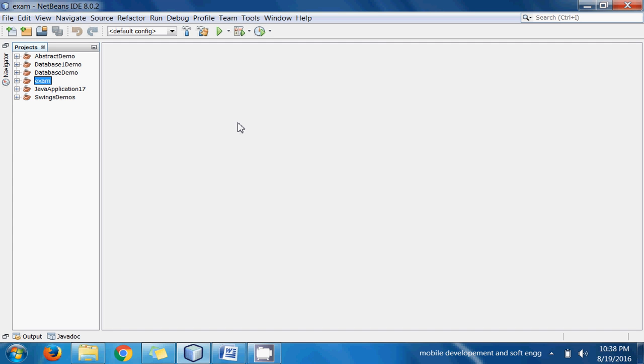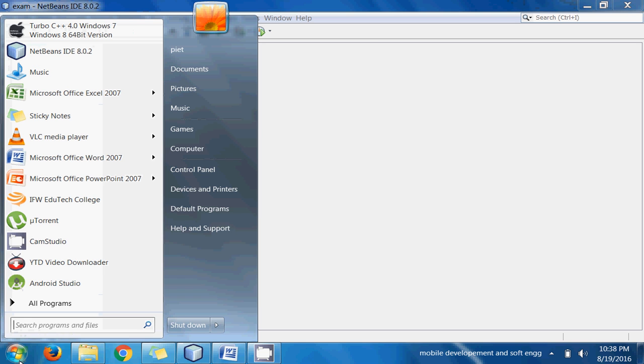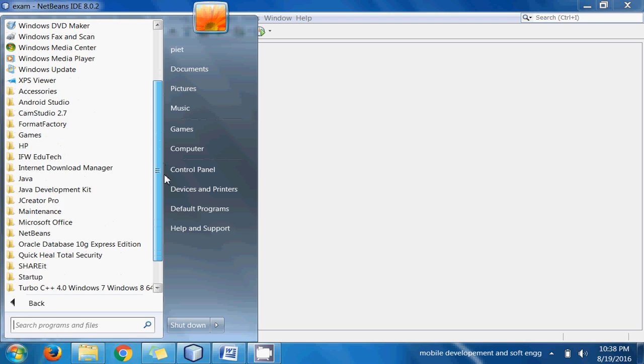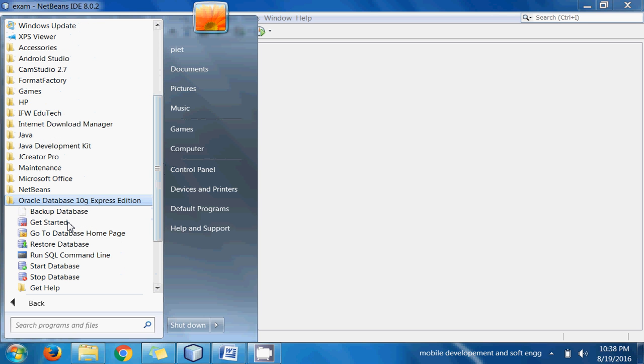Here as front end we are using Java technology, and as backend we are using Oracle. So first of all, in our system we need to check whether Oracle is installed or not, and if it is installed then it is required to be working correctly. I will be using Oracle Database 10G Express Edition, and I'm going to check it here. Go to database home page, and here it is opening. It will take a little bit of time, and then it will give us the username and password to enter,